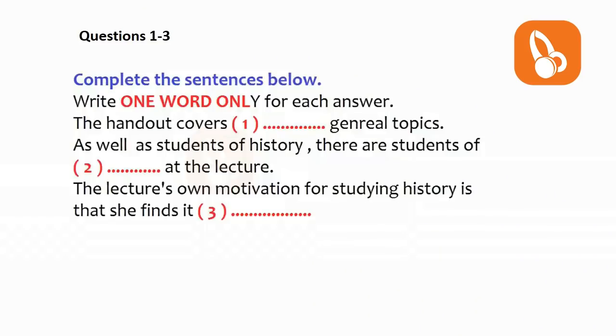The test is in four parts: Part 1, Part 2, Part 3, and Part 4. Now look at Part 1. You will hear part of a lecture about studying history. First, you have some time to look at questions 1 to 3. Listen carefully and answer questions 1 to 3.